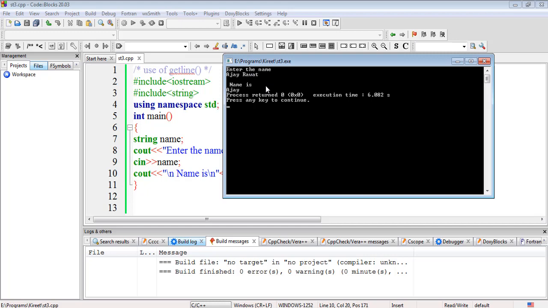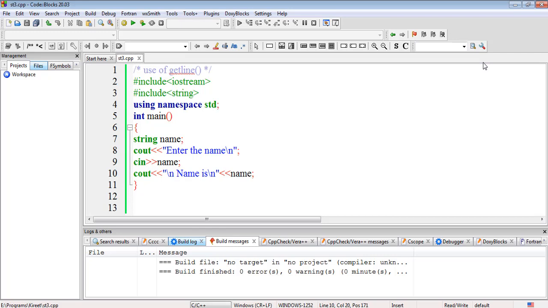This is a flaw in cin. We can't read the whole line if there is any space, new line character, or white space, because the string will be terminated.